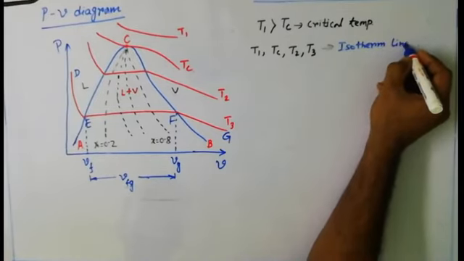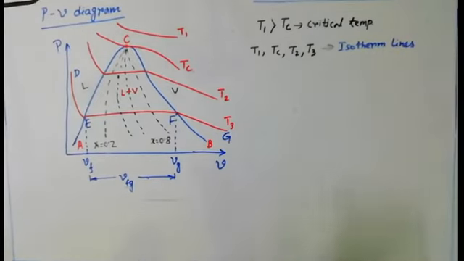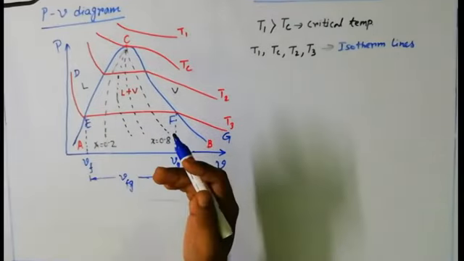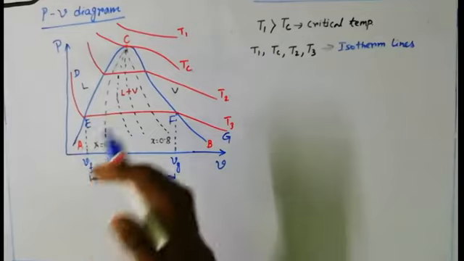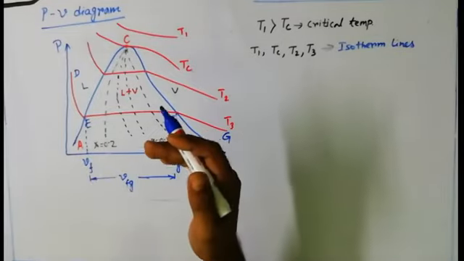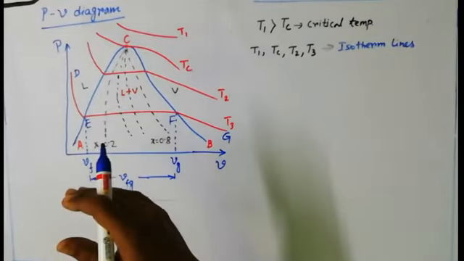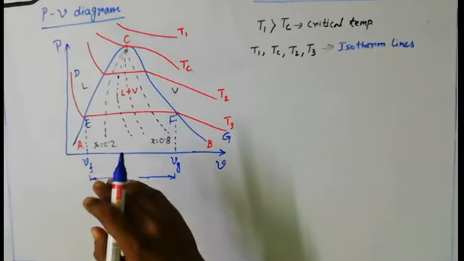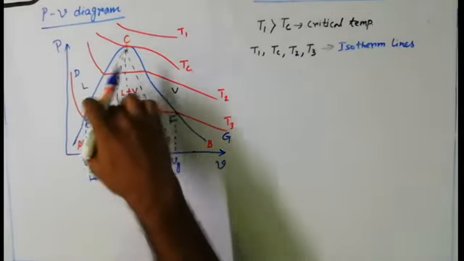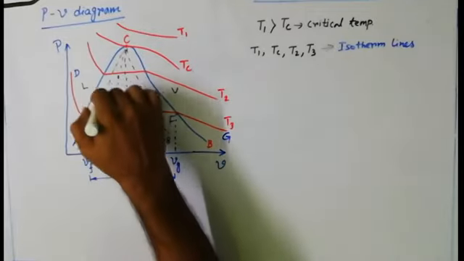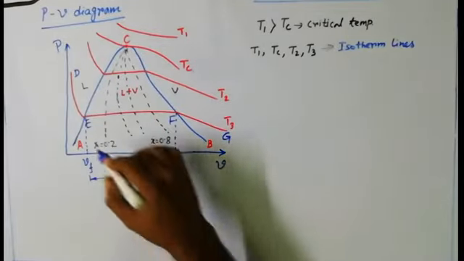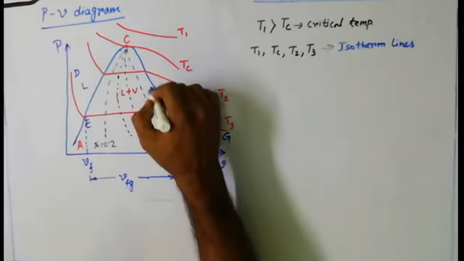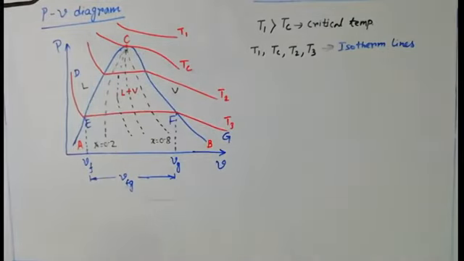Isotherm lines. Now if we do that kind of phase transformation at different pressure levels, suppose normal atmospheric, higher than atmospheric, higher than that, continuously if you do the experiment, then according to the different pressures, different temperatures will be obtained. So lots of temperature lines will be coming, and if you join all those points, it will give you that kind of curve, the ACB curve.